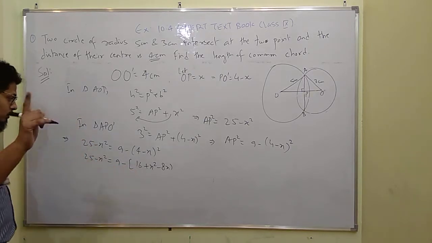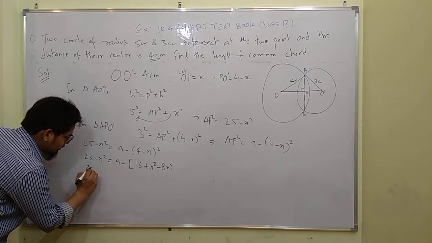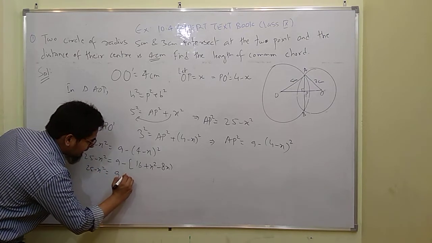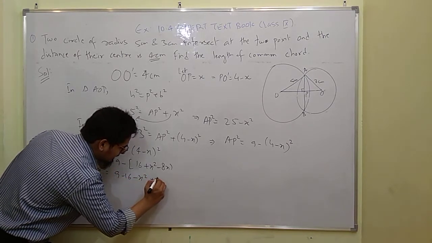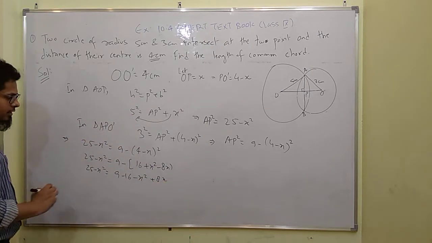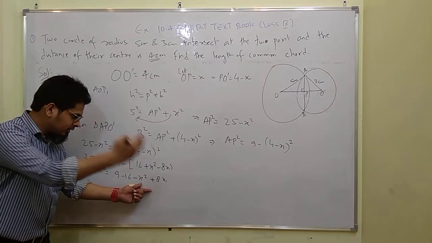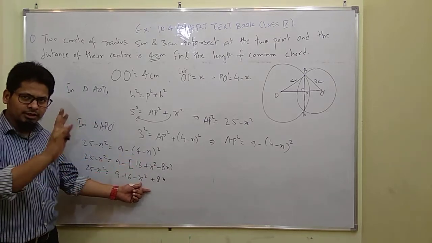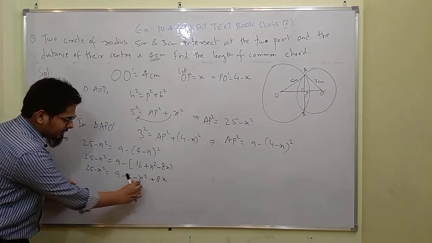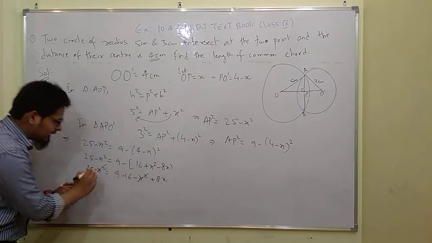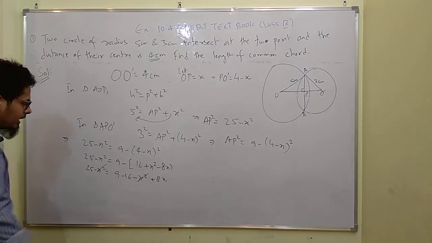If you don't know, just keep it in mind. 25 minus x square is equal to 9 minus 16 minus x square plus 8x, right? Understand? You see here minus x square is here, and on the next side minus x square. These two things are the same, x square minus x square, then both will be cancelled out. These two things will cancel out. And now we have